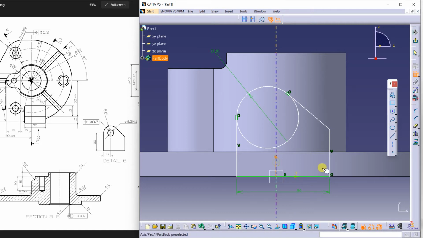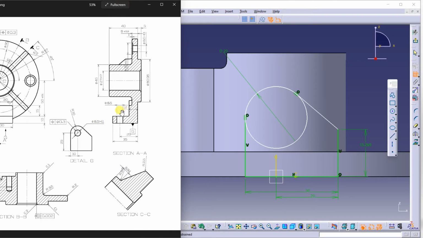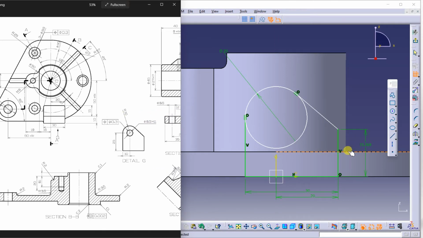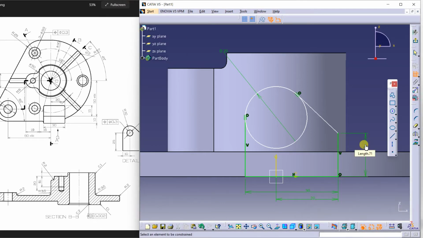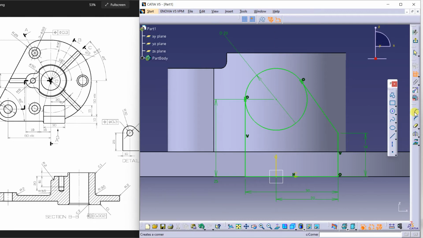So from here to this is 20, and this height is 12 plus 2, so 14. 12 is this thickness and 2 extra, so this is 40, and the height is 25 from center. From here to this is 25. Now trim and draw one more circle